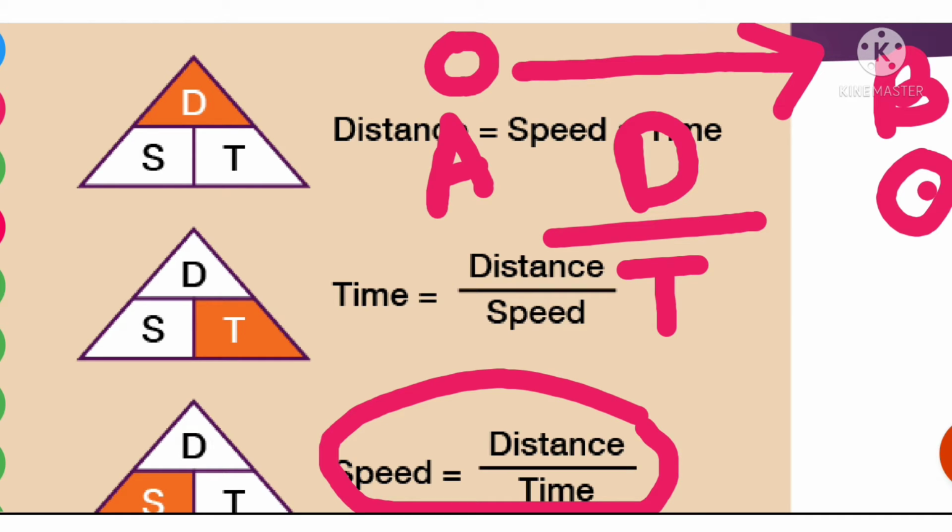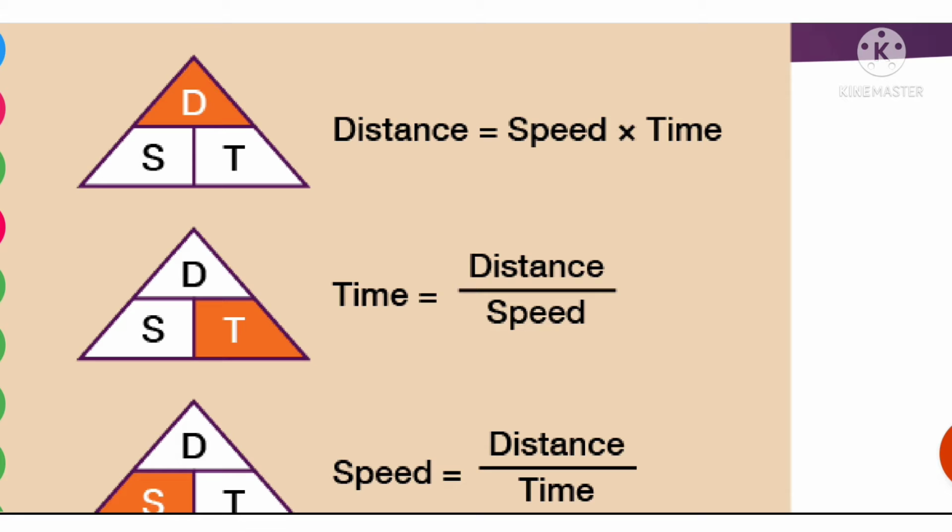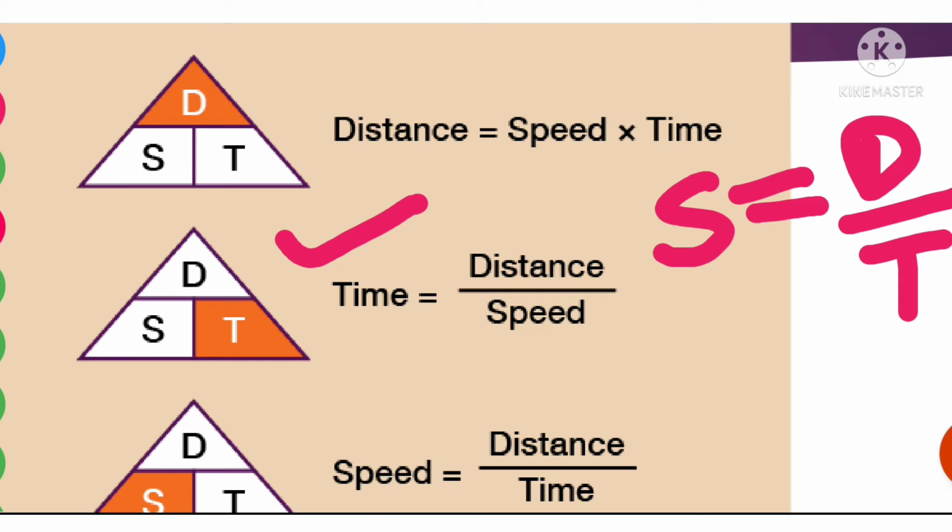So what do you mean by speed? Speed is distance travelled upon time taken. That is the formula of speed. Now, if in a question distance is given and speed is given and you need to find out time, you use this formula: time is equal to distance upon speed. Actually children, the formula is the same. Speed is equal to distance upon time. Whenever time is asked, you put speed and distance and just cross multiply it and you will get the answer. Now, in case distance is asked, then we use this formula.